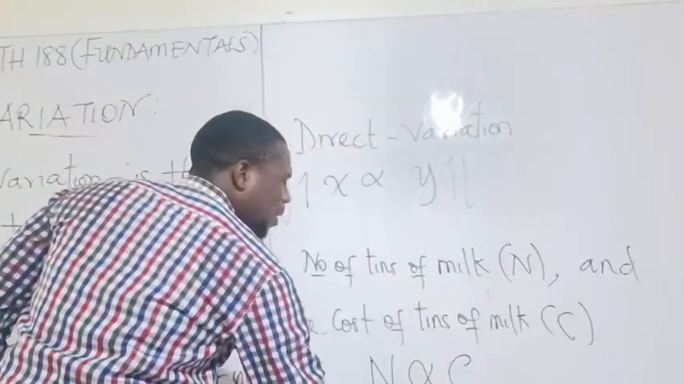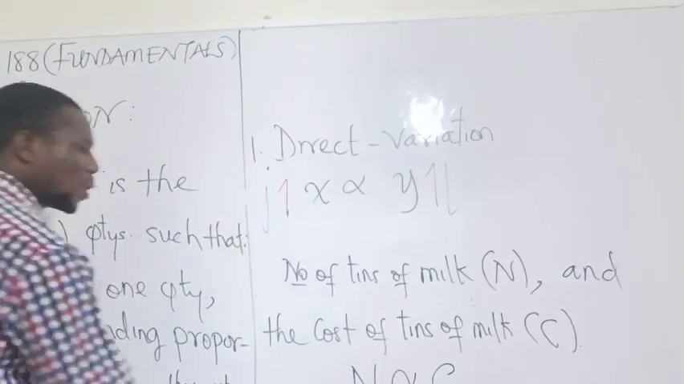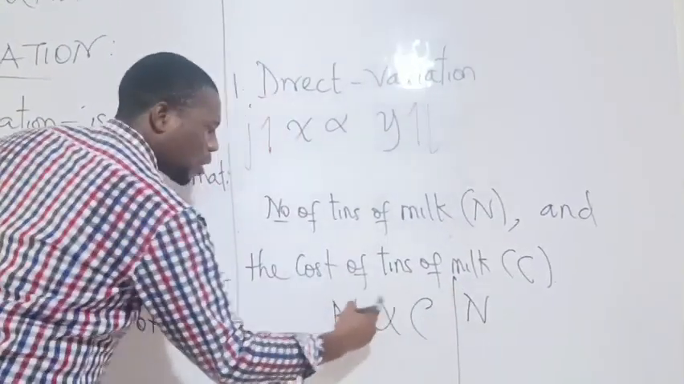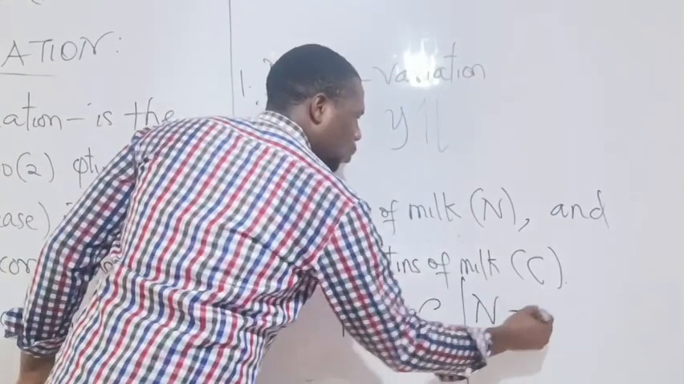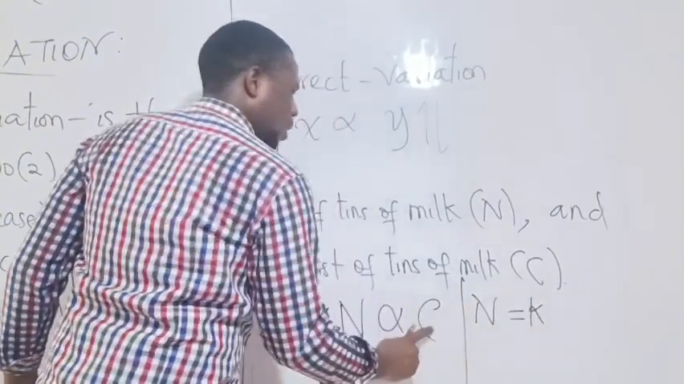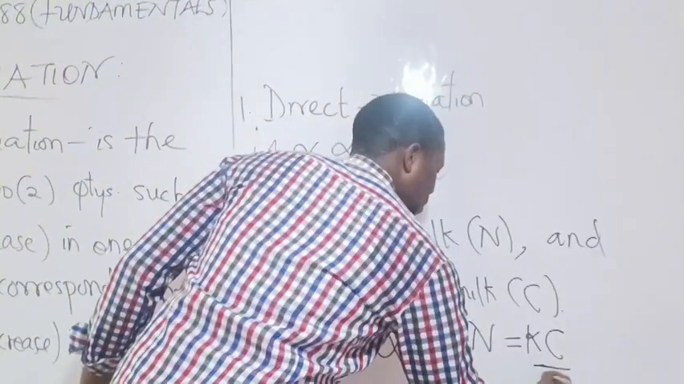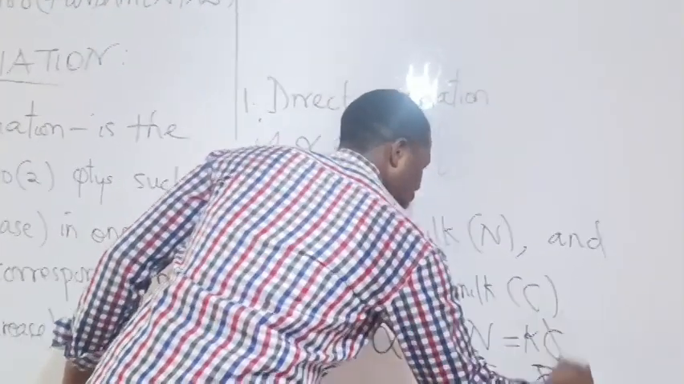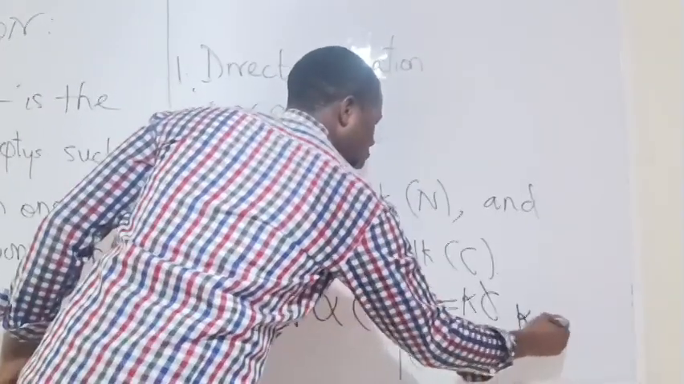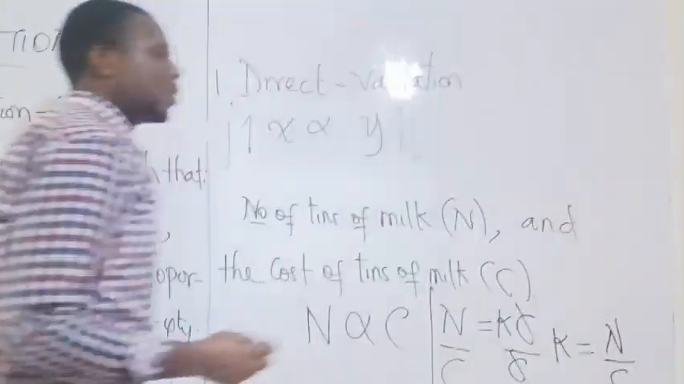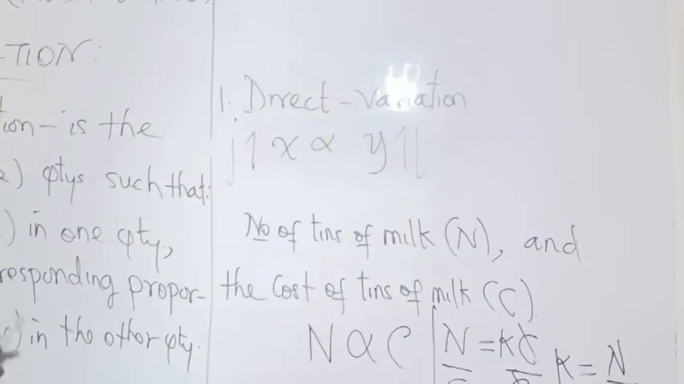Now to replace this sign, I would rewrite this as N equals a constant of proportionality times the other quantity, which is C. Now I could divide both sides by C, and my constant of proportionality becomes the number of tins of milk over the cost of the tins of milk. Alright, so let's do